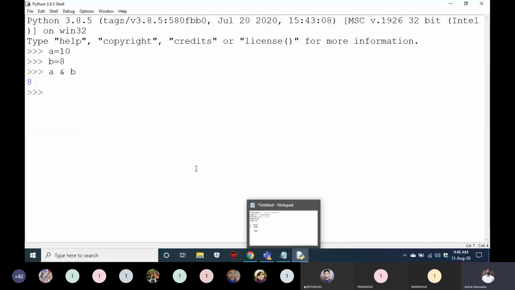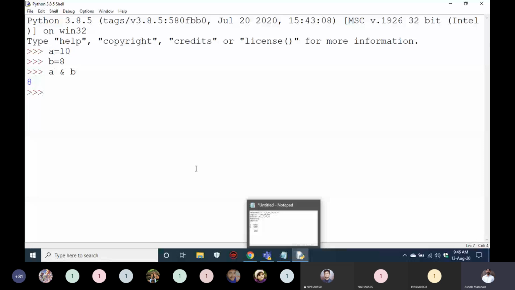So this is how bitwise AND will work. Okay, if both the bits are 1, then you are getting 1. There is a strict condition that both should be 1, then only you will get 1. Okay, what is this? This is nothing but 8, right? That's why you got 8. So with A and B, when both are 1, you are getting 1.